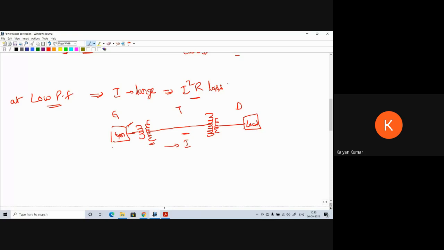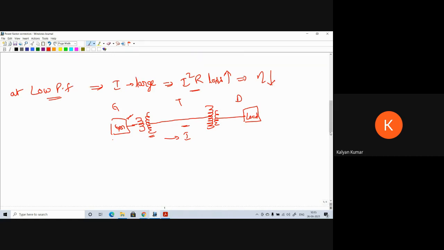As I square R loss is going to increase, the efficiency of the system is going to decrease. Next, this increase in load current will cause us more voltage drop. Increase in current will result in more voltage drop. So as the voltage drop is increased,